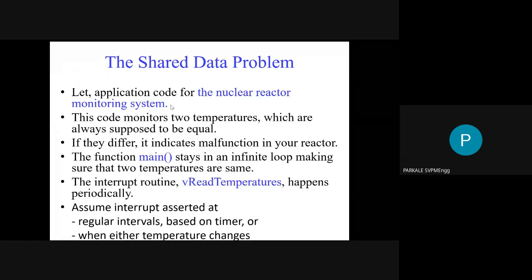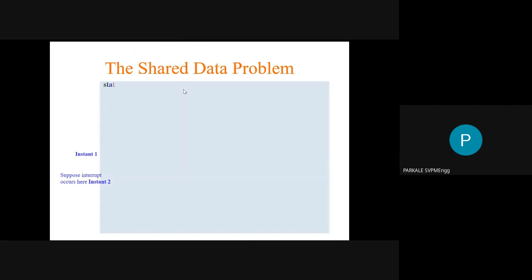Here we have to maintain the same temperature at the bottom of the reactor as well as at the top of the reactor. So we have installed two temperature sensors, and we have to monitor whether the temperatures of both sensors are the same or not. If they are the same, the nuclear reactor functions properly. If the temperatures differ from each other, then there is a problem in the nuclear reactor that we have to detect by using our RTOS code. For this we have written the code also.